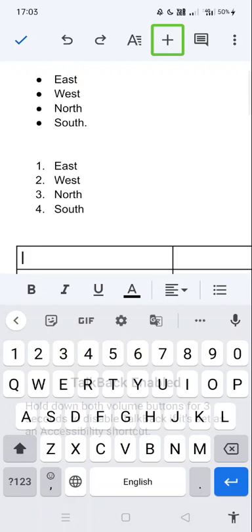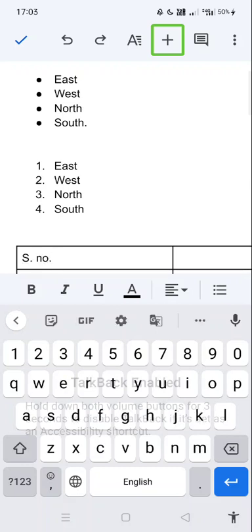So let me fill the data over here. I'm just typing some random data over here. S. P. A. O. Period. So I typed serial number in row 1. Then what if I want to